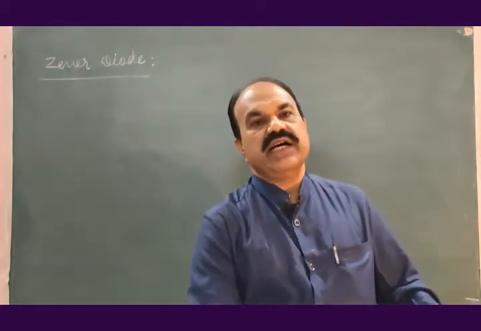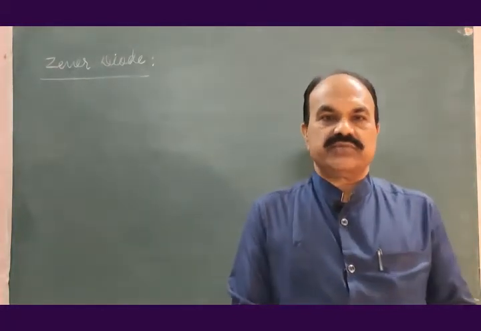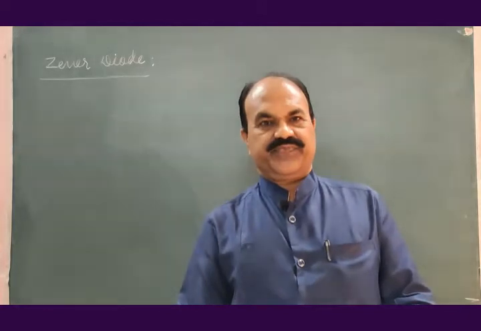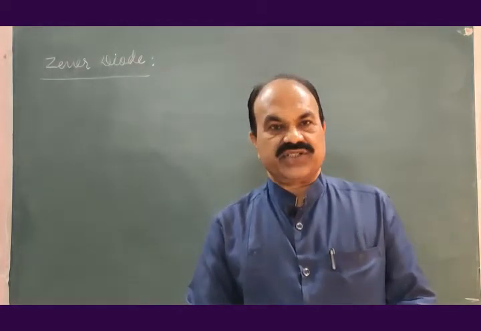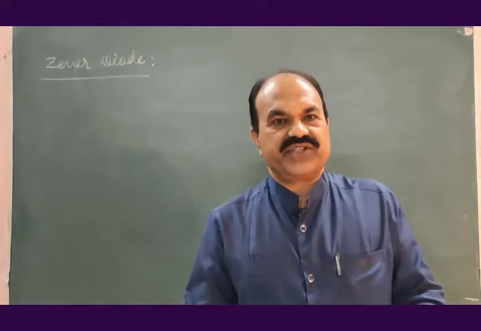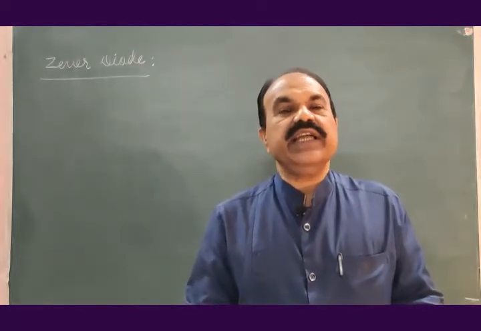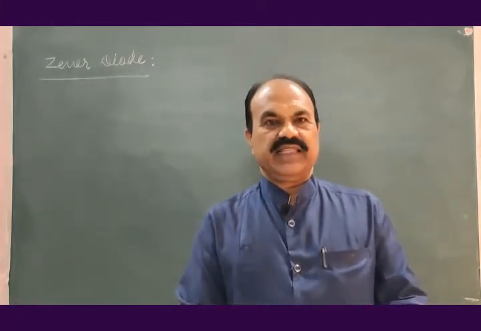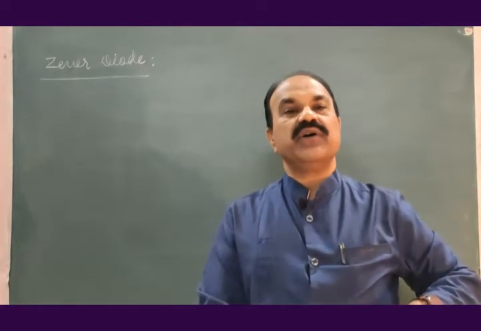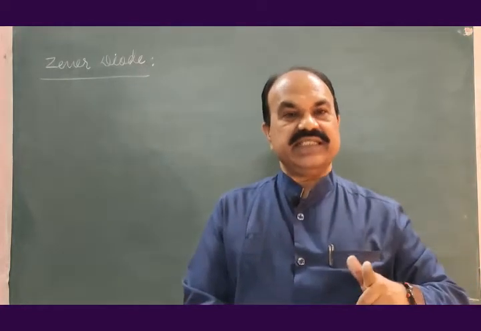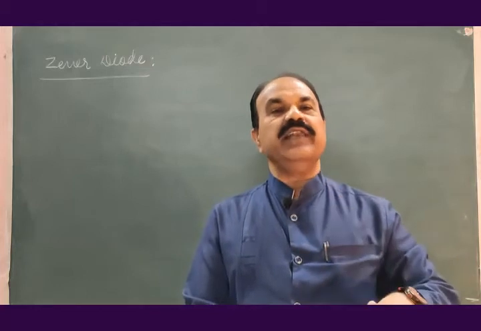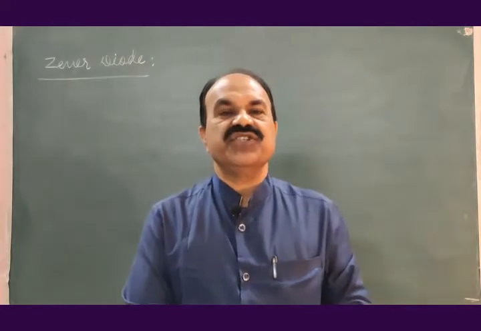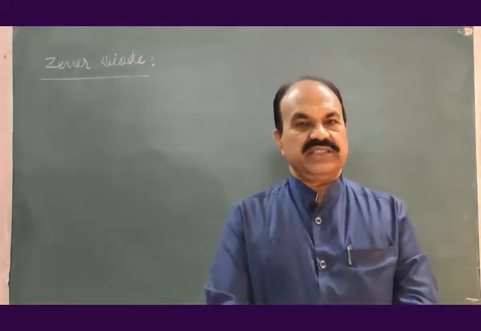When we talk of Zener diode, it works safely in reverse bias. It can provide current, required current and required voltage without any damage to the Zener diode. And therefore, speciality of Zener diode, although it is PN junction diode, is that it can work safely and properly in reverse bias, unlike the ordinary PN junction semiconductor diode.